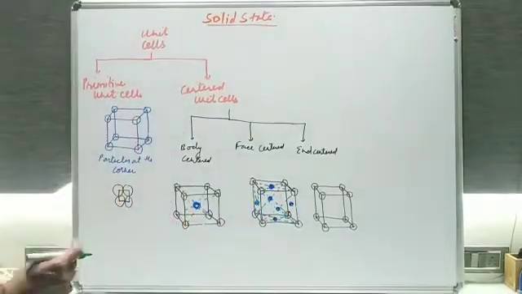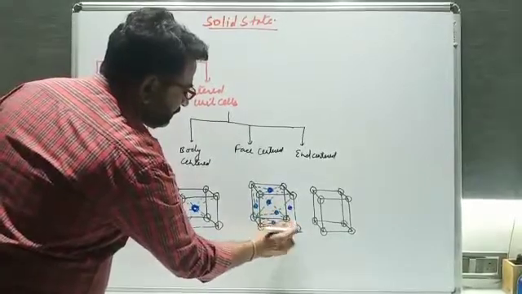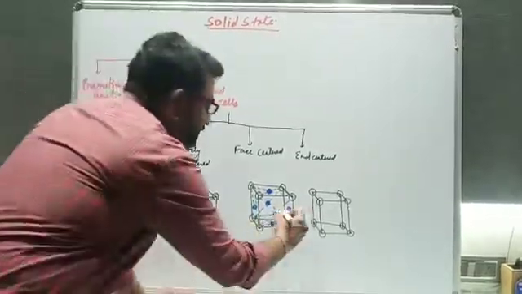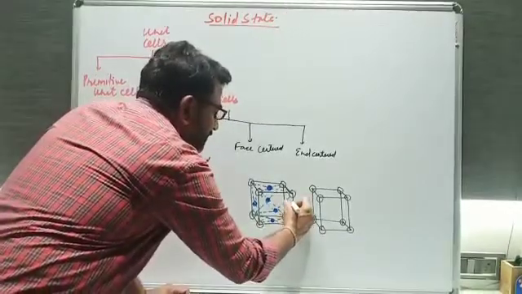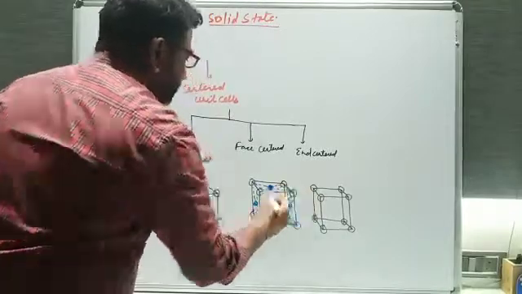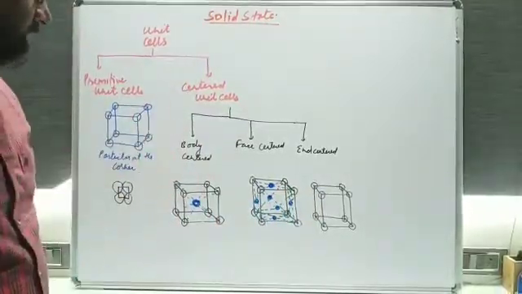Okay, so all particles are connected with this one. Here you will see that this is like that. This is called face centered, or one more is left behind. This will be connected with that like this. Understood? So all particles are connected with each other, and this is giving the 3-dimensional structure. This is called a face centered cubic unit cell.